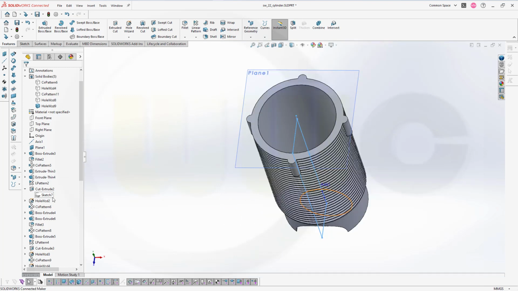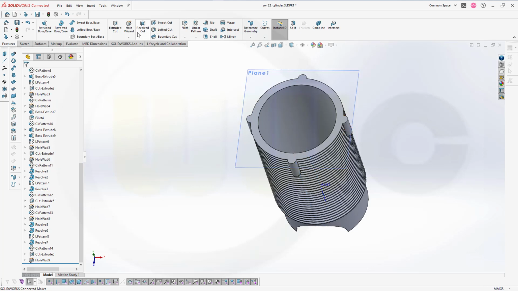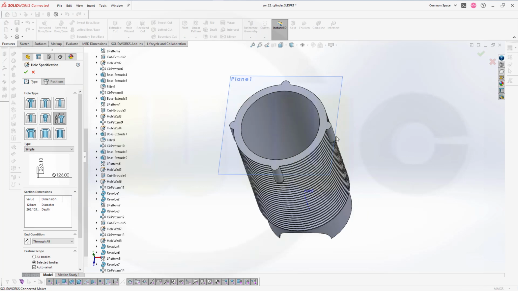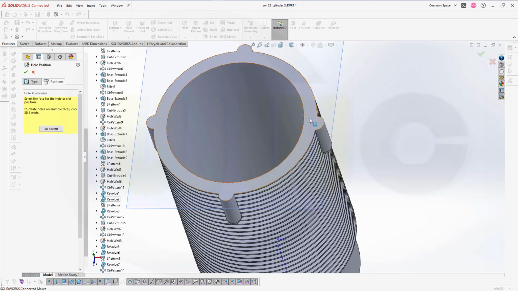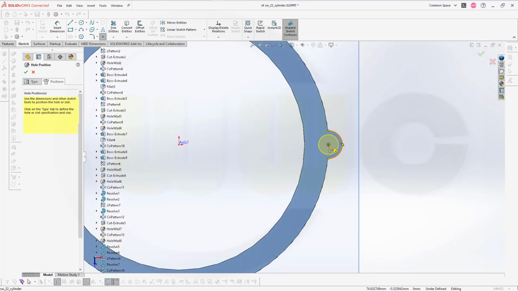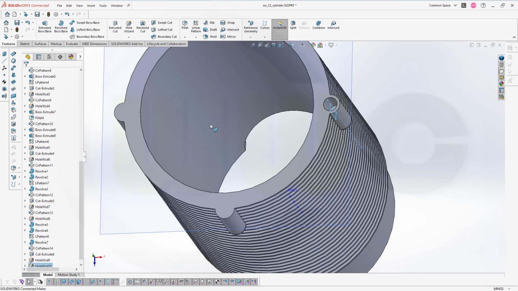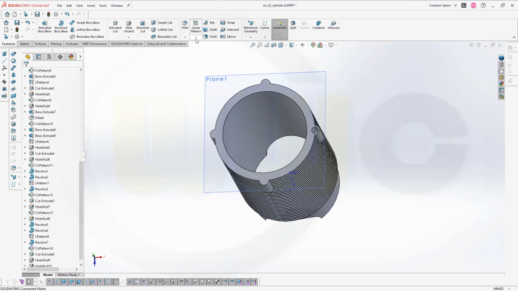Then what's that last revolve? The original one, it's that one. So let's do another hole wizard. Go for blind. Make it 10 in diameter. Depth 20. Go for positions. Select the surface. Go there. Move here. Try to snap on the center point. Yes. And confirm. Now what's left to do is just another circular pattern,